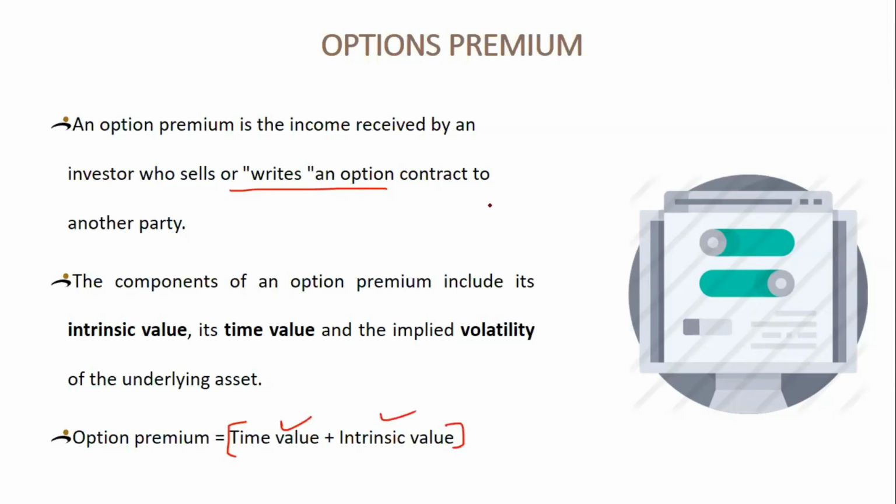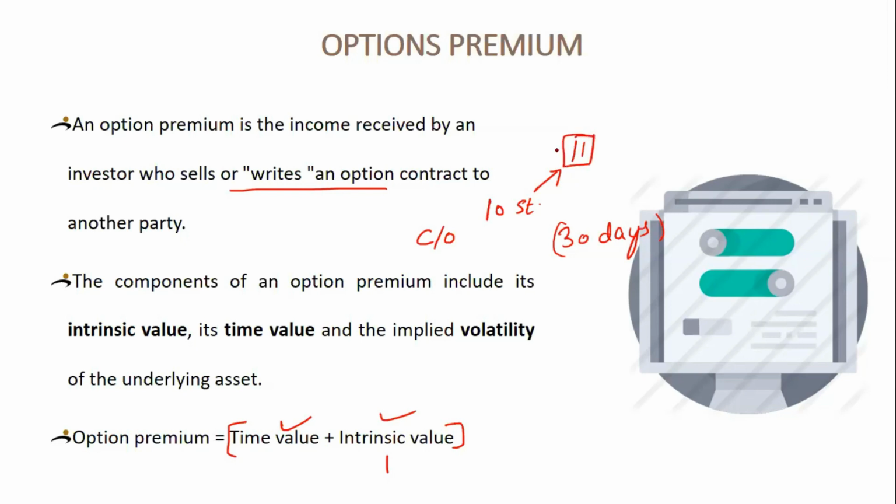What is intrinsic value? If, let's say, an option has a strike price of 10 and this stock is trading at 11, and we are talking about a call option, so this option is already profitable by 1. That is its intrinsic value, right? But let's say there are 30 days to expiry. Now, a lot of things can happen within these 30 days. So a seller will not write the option by just taking 1 dirham,